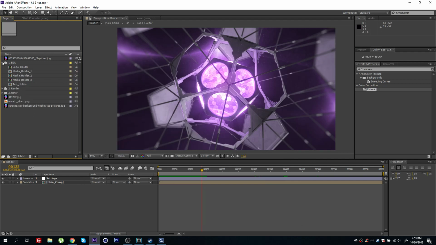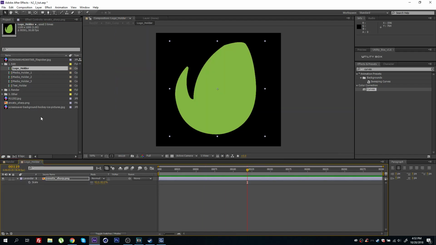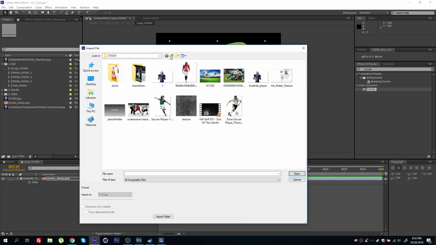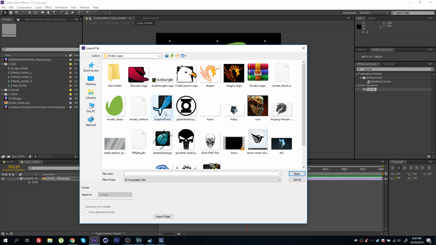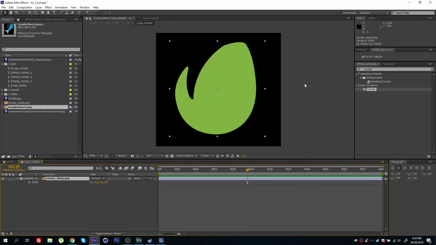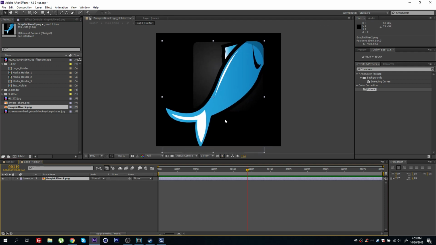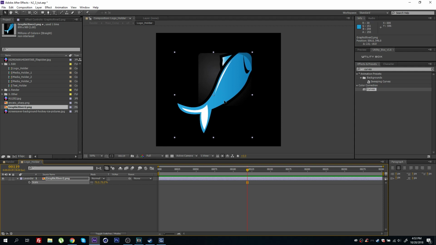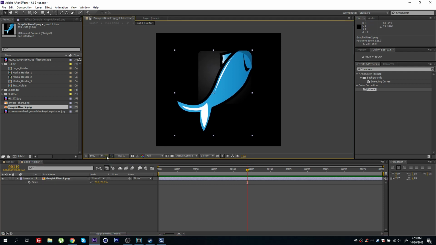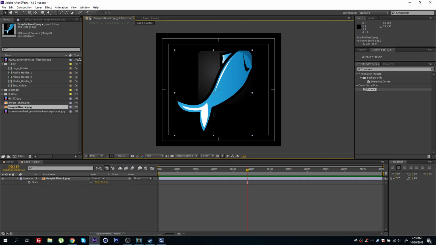And if you go in your edit folder, you can go to your logo holder composition, double click to access this composition, and here you can just replace your logo. And actually let's import a different logo. Let's grab this one and delete the previous logo that's in this composition. Alright, so just delete and grab your new logo, drag it inside the composition, make sure this is centered. If you select your layer and press S for scale, you can scale this down and just make sure that this is nice and centered. You can turn on title action safe and you can kind of get an idea of how to center your